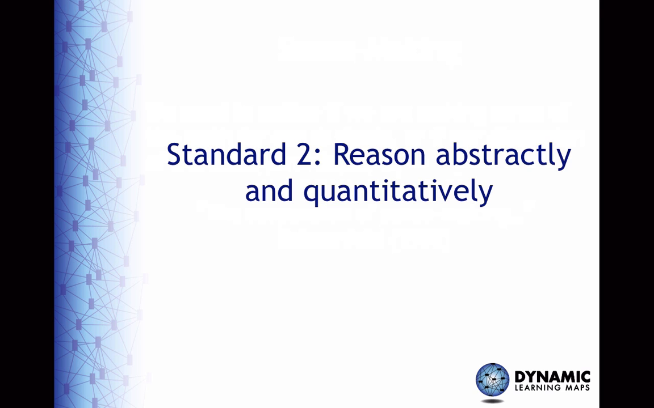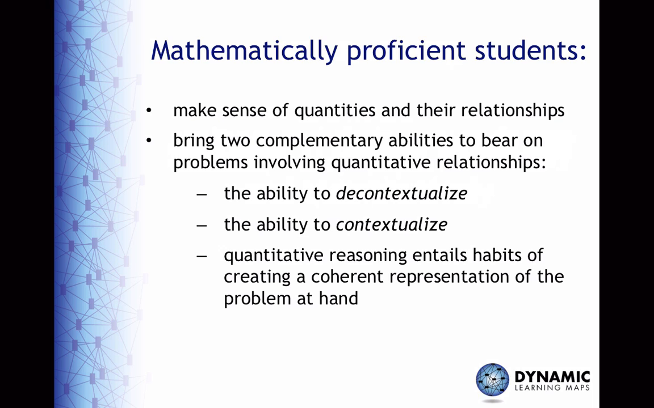Standard 2 is reason abstractly and quantitatively. Here we want students to be mathematically proficient and make sense of quantities and their relationships in problem situations. In order to do this, they need to bring two complementary abilities together and use them to problem solve. These abilities include the ability to decontextualize, to abstract a given situation and represent it symbolically in numbers and operational